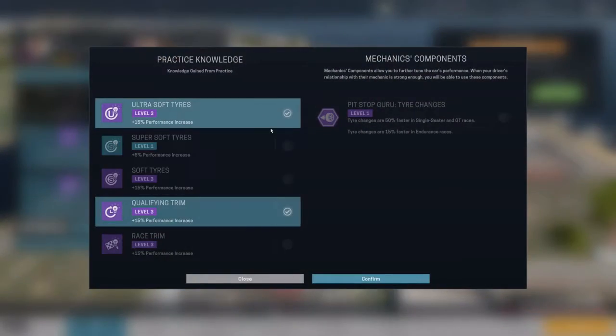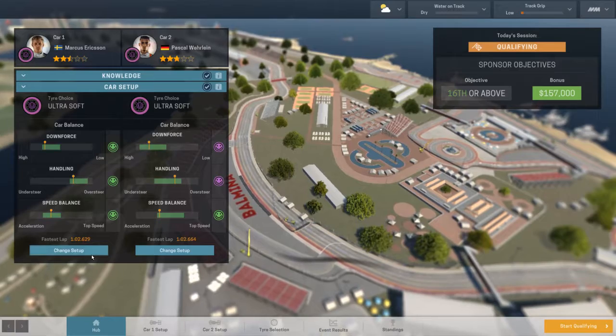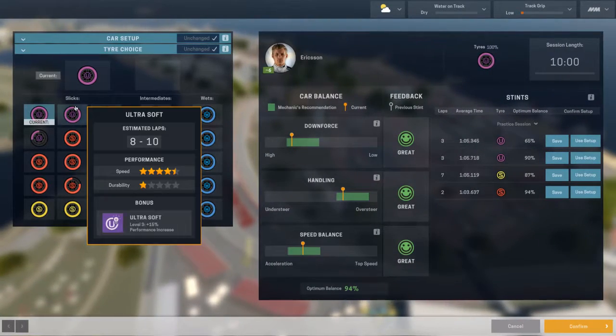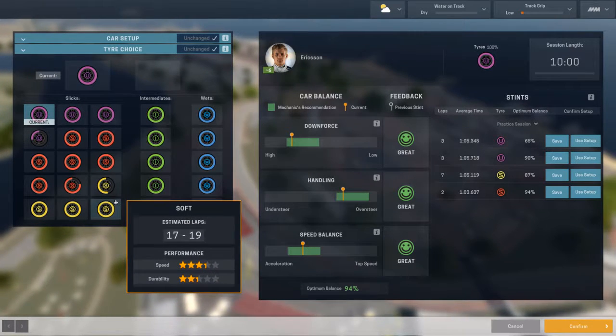Anyway, quali and ultras. Ericsson's setup is now good. That's great. Now with Ericsson, I'm definitely not using the ultras at all. They only go eight laps, so